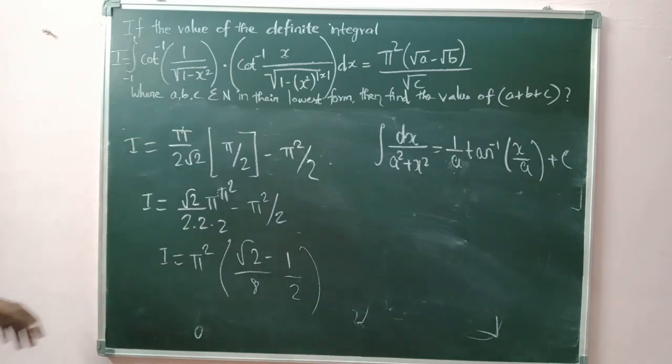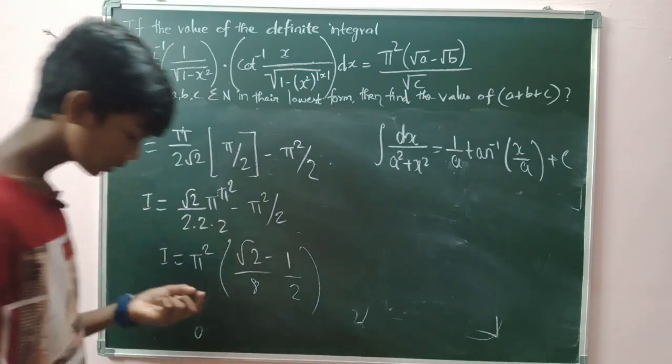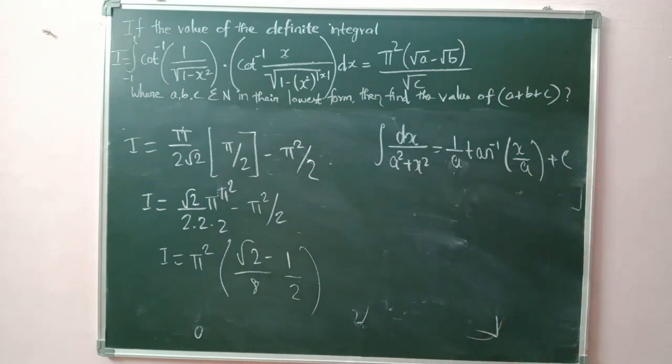Correct or not? I think it's right. And finally you can just do it, guys. I think it will be root 2 minus 1 by 2. So actually they didn't make a mistake. So root 2 minus 1. So root 2 common. So pi by 2. Oh, sorry. Initially, I